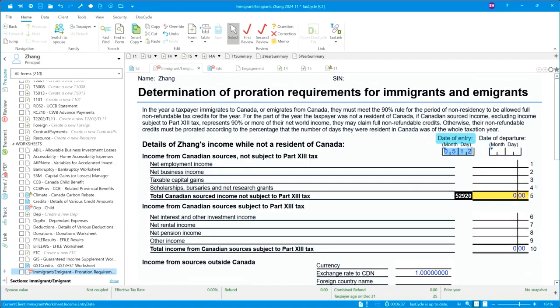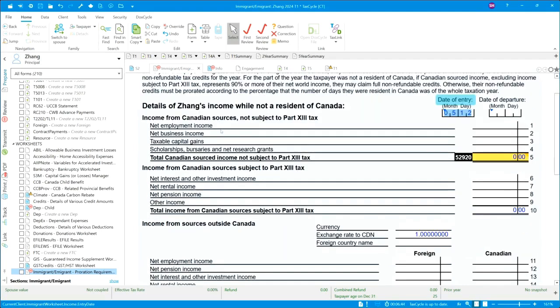Okay. So now we have the entry date pulling into the Immigrant Emigrant worksheet, and we're going to want to make sure that we're completing this information. As I said at the beginning of the webinar, if we're not reporting the other income that Mr. Zhang earned while non-resident, then CRA will use this prorated amount for all of the tax credits. So we do need to make sure that we're at least attempting to gather the information about that world